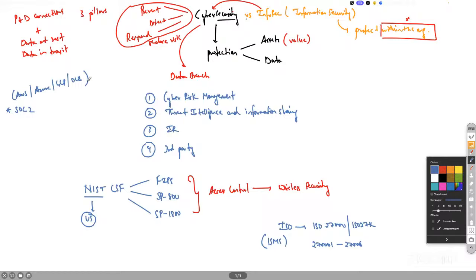Okay. Now, how do you know whether the cloud provider is efficient in that or not? You look at whether the cloud provider implements some sort of a framework or not. Okay. Obviously, the cloud provider is not going to give you access to their infrastructure to go through and see how they are doing the protection. Okay. It's through such frameworks.